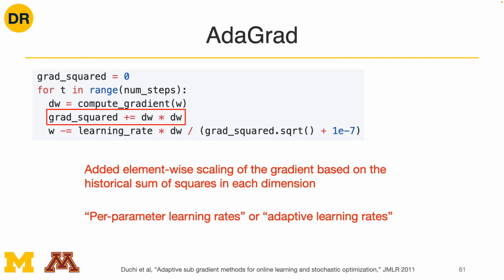So let's take a look at what AdaGrad does. It's going to keep track of a term called grad squared, which is a running sum of the element-wise square of each of the elements within your gradient. And what it's going to use that for is within the parameter update for W: it's going to divide your overall parameter update by the square root of that running sum of squared elements. So what this is doing, we could think of as a per-parameter learning rate. Over time, as AdaGrad is running and you're accumulating value into this grad squared term, that's now going to affect how large of a step you can take for each of the elements within your weight matrix. It's called adaptive learning rates, and